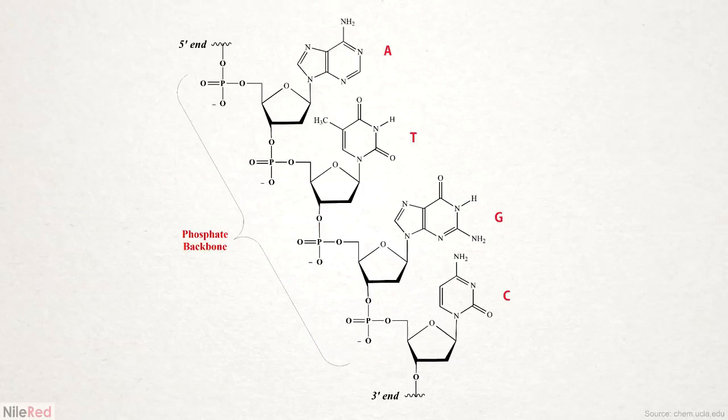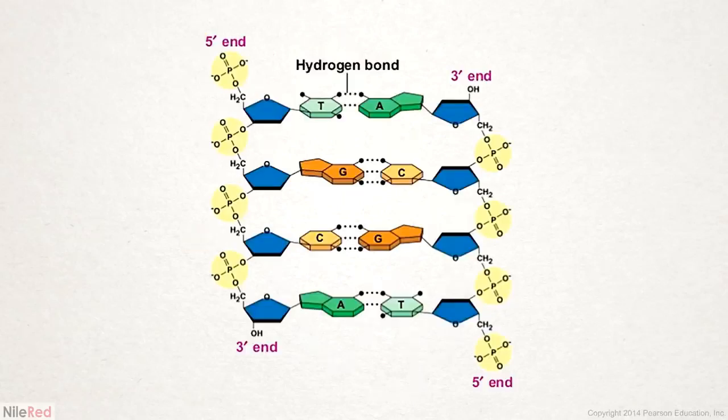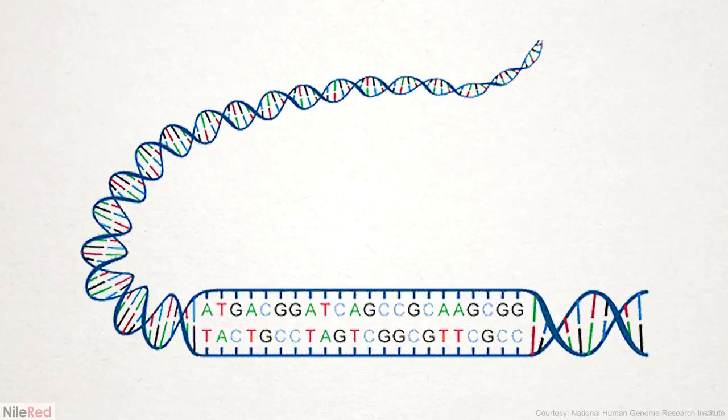The order of the subunits is extremely important, and it's how the genetic information is stored. It gets a little more complicated though, because DNA isn't just one chain, it's actually 2, and they're held together by interactions between the nitrogenous bases. This interaction is known as hydrogen bonding, where A likes to pair with T and C with G. This hydrogen bonding, along with various other intermolecular forces, twists the DNA into its characteristic ladder-like structure known as a